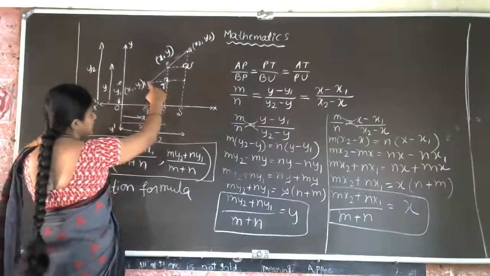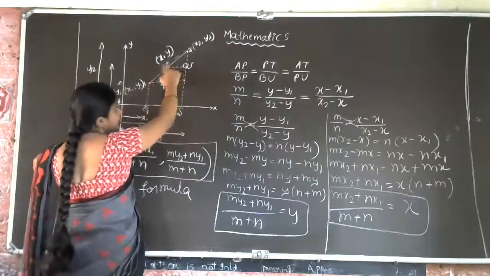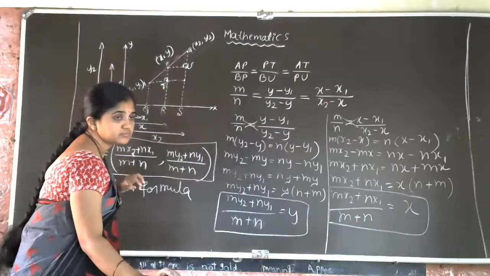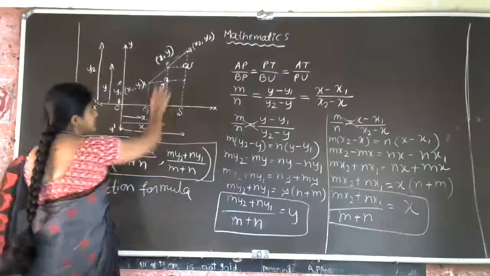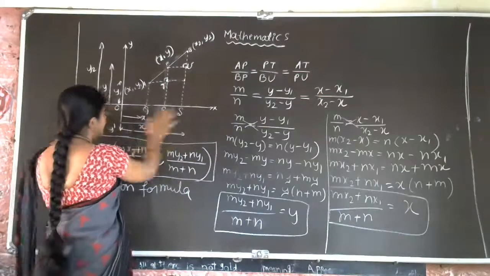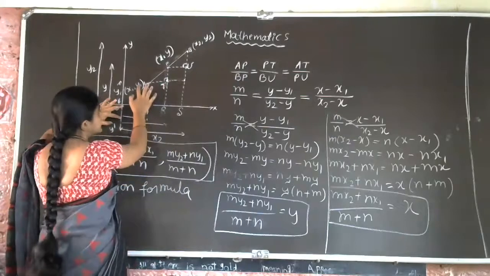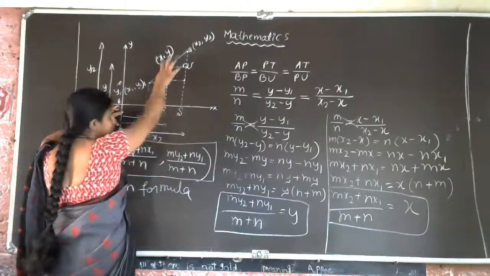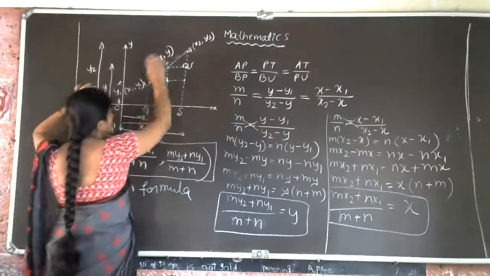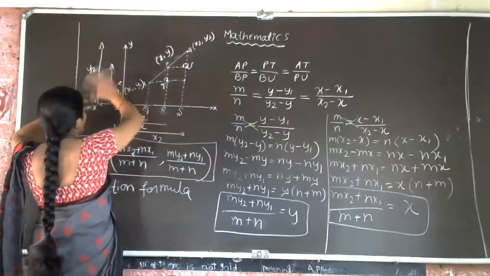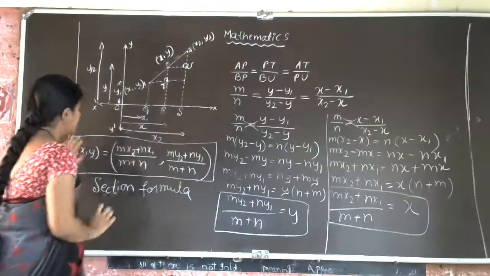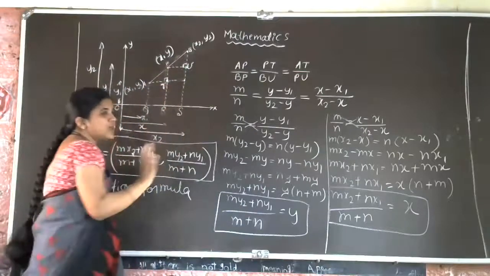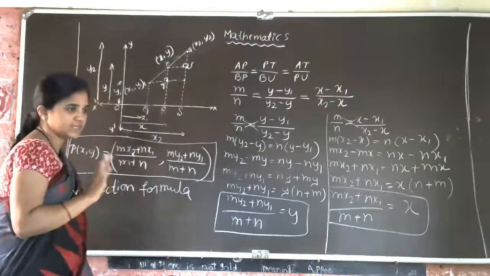Yes, Cartesian plane. AB is one line. P divides AB into two sections. Okay. Yes, so the construction and all, it's clear. Then this one is x1 length because here the coordinate is x1. This is x because here the coordinate is x. This is x2. In the same way, y1, y, y2. Okay, clear now? In the beginning, just by observing the figure, we can say that the two triangles are similar.